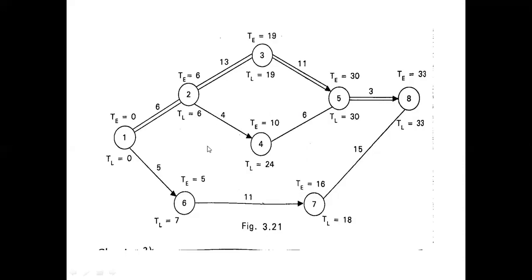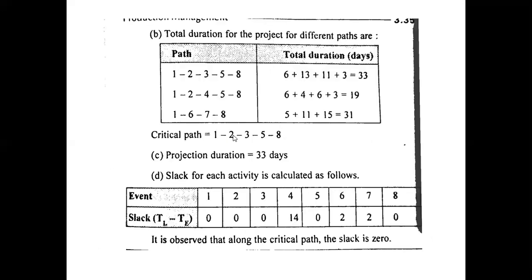1, 1, 2, 4, 5, 8. But here for the fourth one, the slack is not 0. That's why we are going to neglect this. Okay. And similarly, here also the slack is not 0 and here also the slack is not 0. Meanwhile, here if you calculate the project duration, it is going to take less in this part. 1, 6, 7, 8, 1, 2, 5, 1, 2, 4, 5, 8. So these two parts are going to take less time.